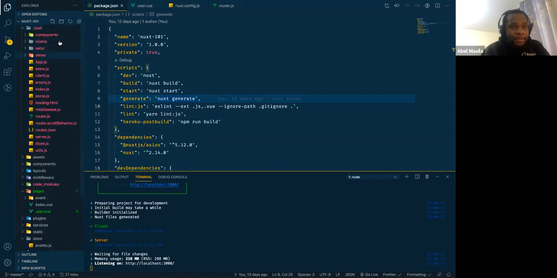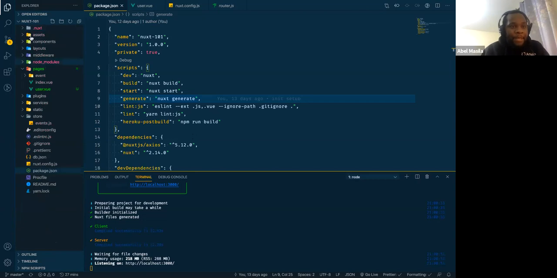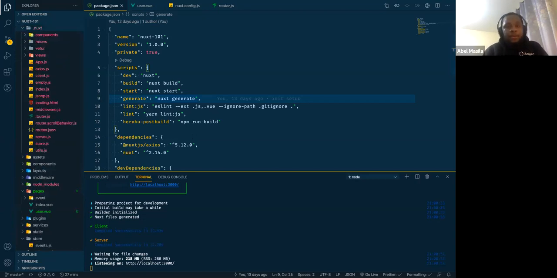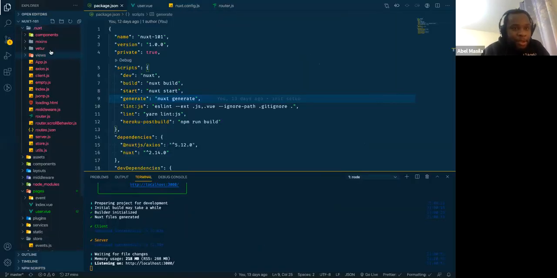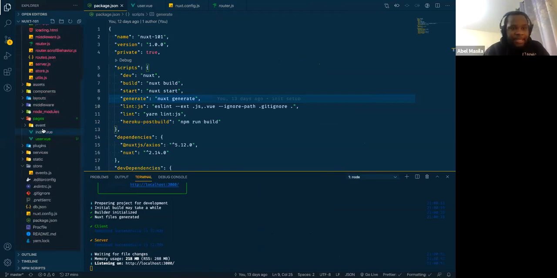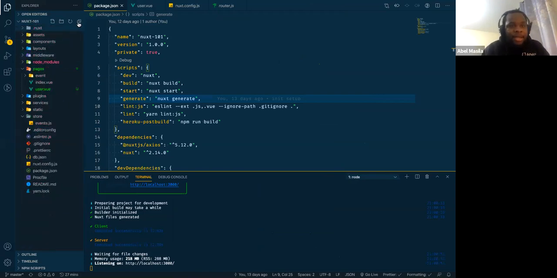Wow, why is this not showing me what I need? If I go to that route /user, it should just show hey, but I don't see my page here. I don't see my dist, and I don't know why. I think I need to refresh my code editor.